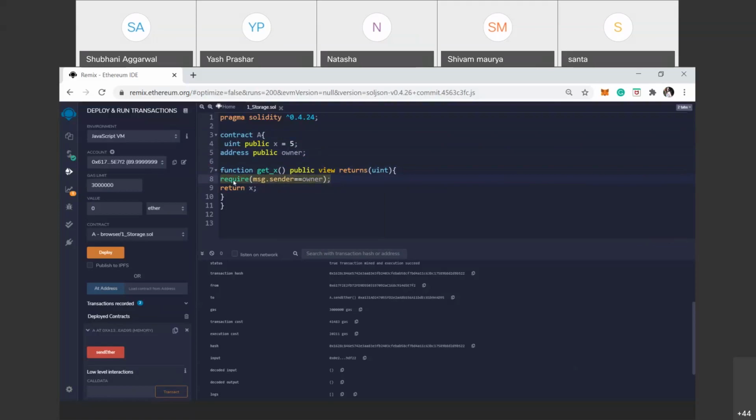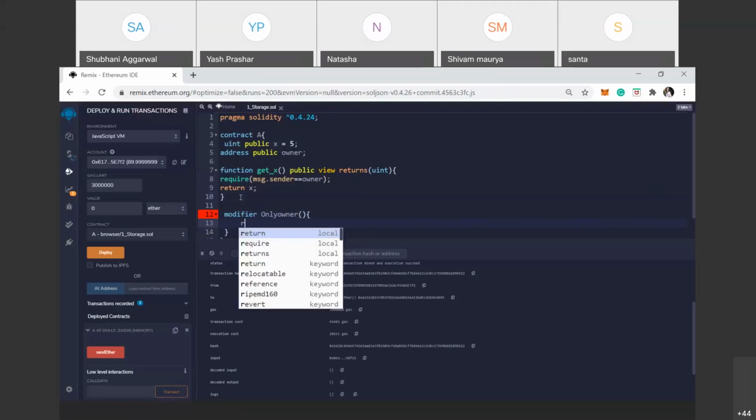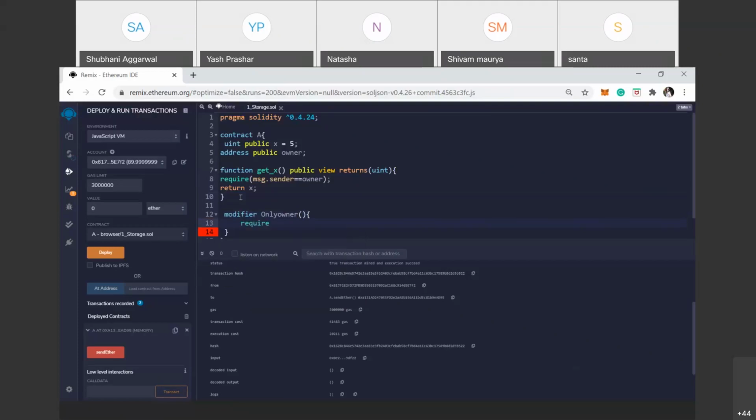So instead of writing this multiple times, we use a modifier. The name of the modifier is onlyOwner. Then brackets start. Here we define the require: require message.sender is equal to owner.